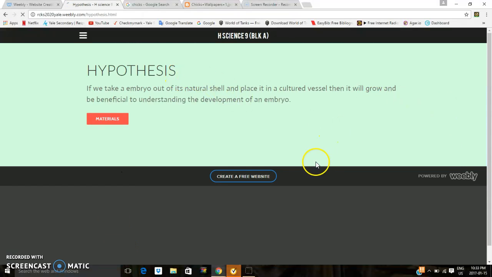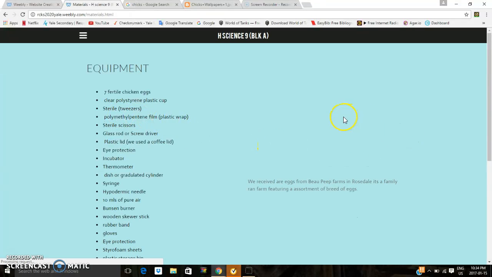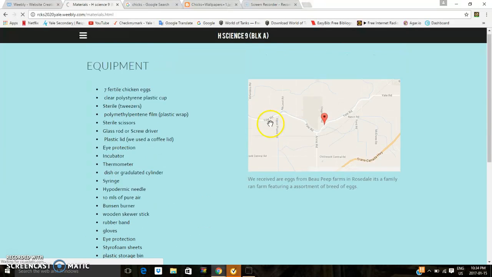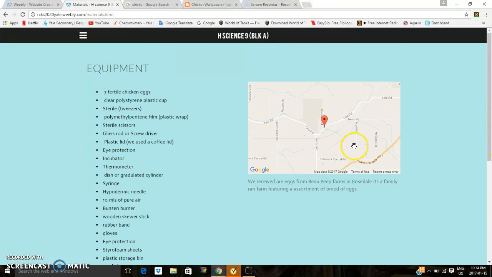Our hypothesis is, if we take an embryo out of its natural shell and place it in a culture vessel, then it will grow and be beneficial to understanding the development of an embryo, is what we believe will happen. Materials and equipment used and solutions were all put here, and also a map of where we got our eggs